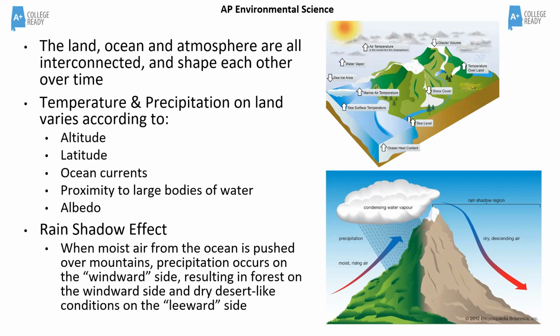Think about a forest compared to a concrete city and the difference in the heat between those two. So geographical features and man-made features can have a big influence. And one of the really big influences that we see, especially in North America, is what we call the rain shadow effect. And this is a geographical feature that happens where you have a mountain chain. So we've got a very large mountain chain in North America. We've got the Rockies. We've also got the Cascade Mountains that are off of that subduction zone off the Pacific